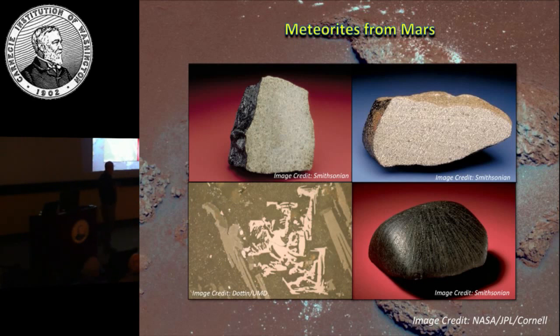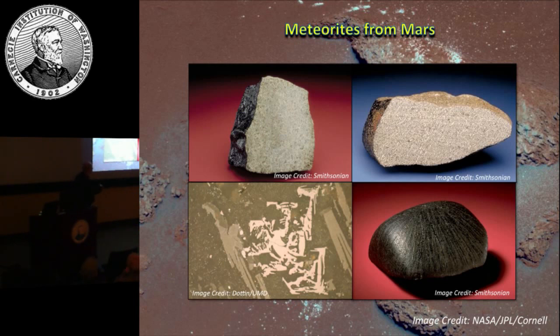They are argued to come from Mars on the basis of dynamical arguments, things falling in towards the sun, in Earth crossing orbits, and then also the gravitational well of Mars, and then probably most importantly the fact that the trapped gases in the Martian meteorites look like the gases that are observed on the landers. Now there are a variety of different types of meteorites from Mars.